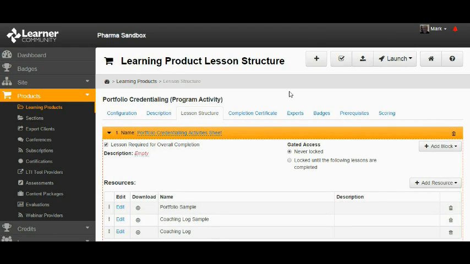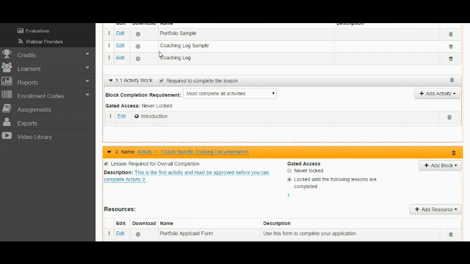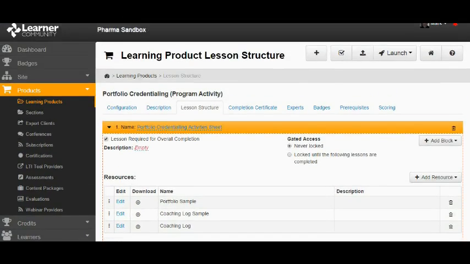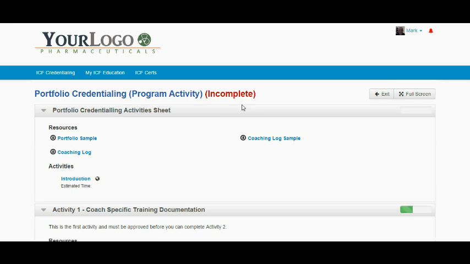So we're going to take a look at an example program that we put together, which is literally what I would call an activity sheet. All right, and if you look, you'll notice in the same way the other learning product that we looked at, it didn't have all of these sections, but if you remember, it only had one activity, which was to launch that SCORM course. So in this example, and we'll take a look at it in ungated view,